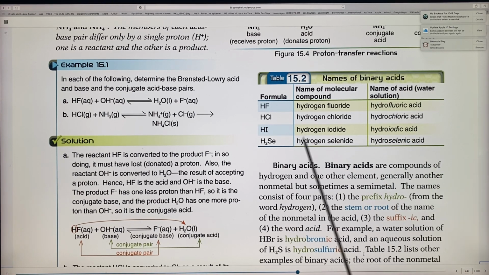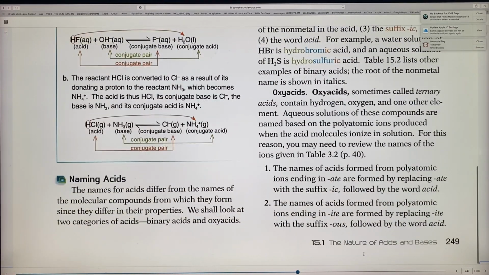See how they do it? So when I say hydrofluoric acid, hydrochloric acid, hydroiodic acid, hydroselenic acid, see how they did? These are all binary acids, compounds of hydrogen and just one other element. There's only one element in there. So that's one way. But also we have to name